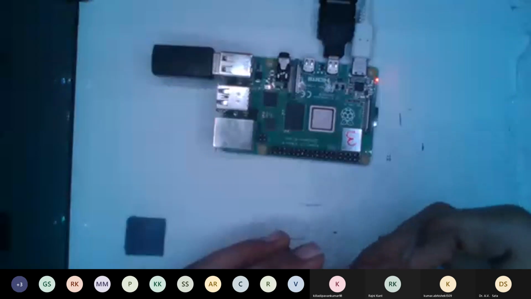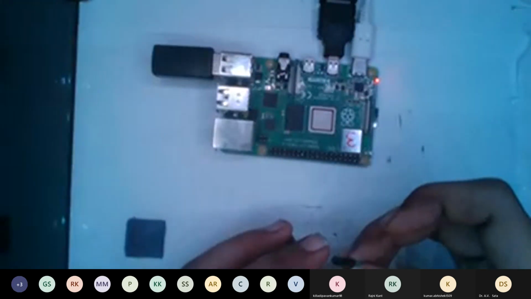Orange for CLK, yellow for SDO, green for SDI.